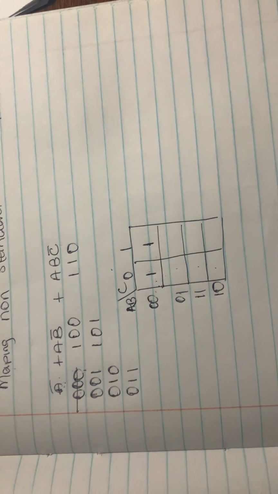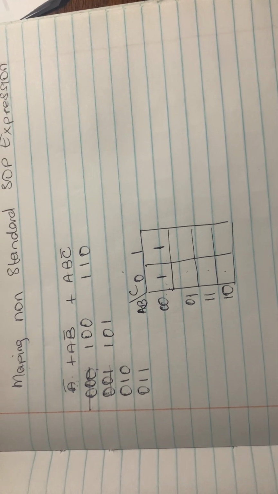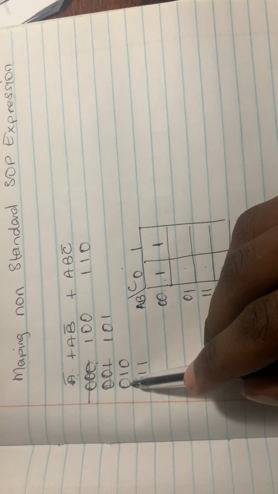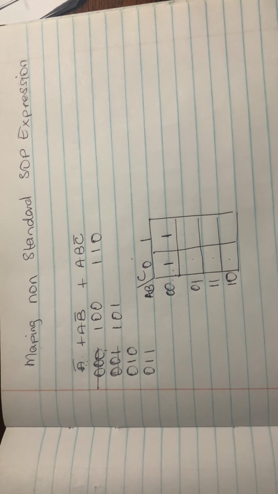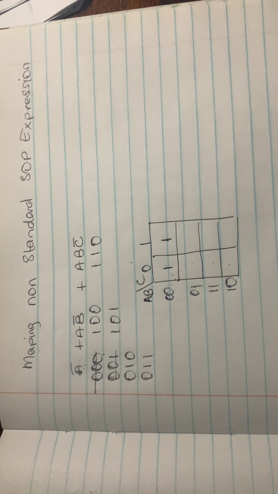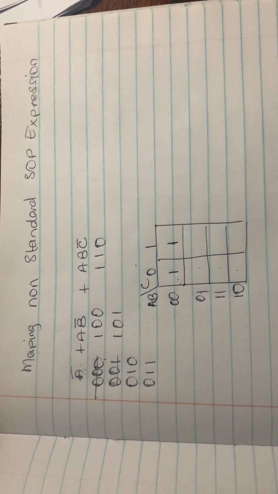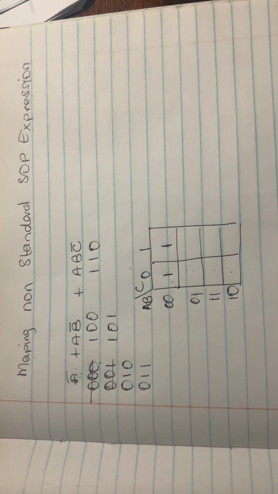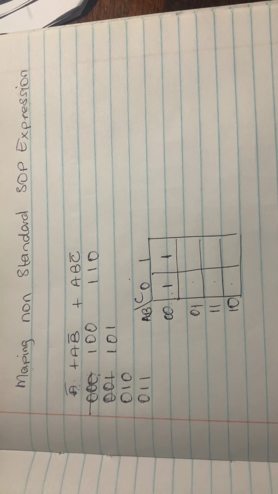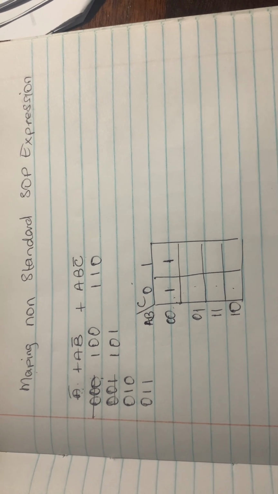Now we are looking at the space where AB is 0, 1. So it is this one. Okay, I'm shaking. I don't know why I'm shaking. On my left hand side, I'm holding a phone and I'm shaking. I don't know why. Okay, so we're looking at the case where